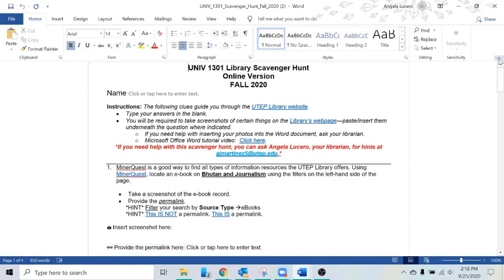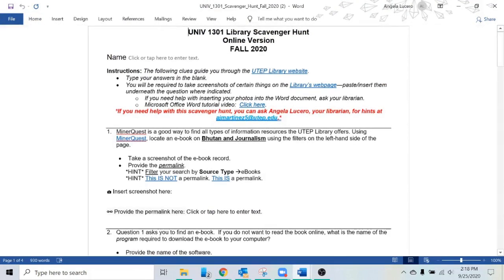So I've pulled it up on my screen just to show it to you so that we can look at it together, because when you look at it the first time, I understand it's kind of a lot. It's just a lot of words, a lot of text, a lot of numbers, and there are 10 questions in the Scavenger Hunt. So if you're overwhelmed, I understand, and that's okay. My tip for you to make sure that you don't miss any of the instructions and that you answer as accurately as possible is to just read everything. Do not skip a bullet point. Do not skip a sentence. If you didn't understand it, go back and read it. Because my colleagues who made this activity have tried to lay out the steps to get you where you need